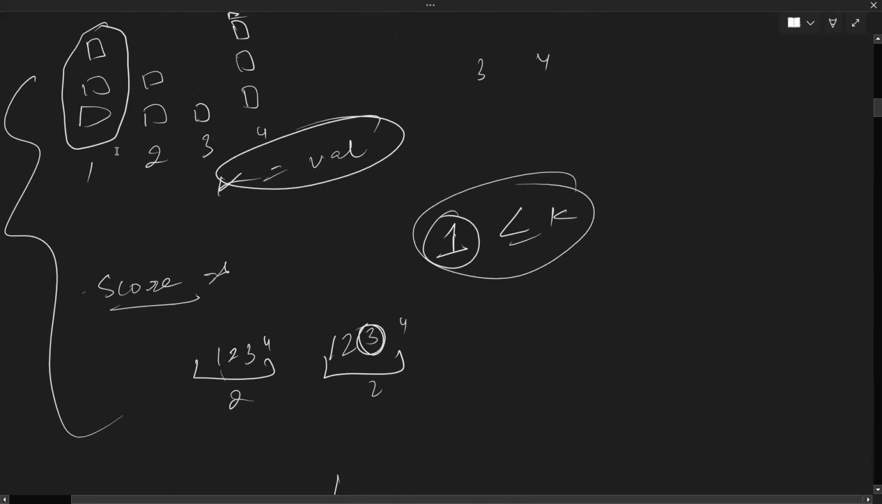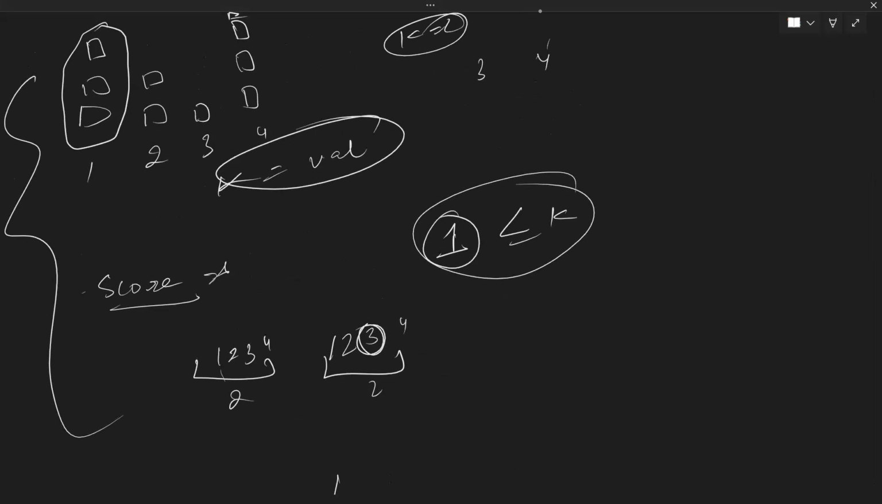If you have these kinds of counts, let's say k is such that you can buy two cards. In order to make two subarrays, you need one card extra, this three, because it is not present with you currently. So one is less than two, so yes, you can get two subarrays. So we are trying,